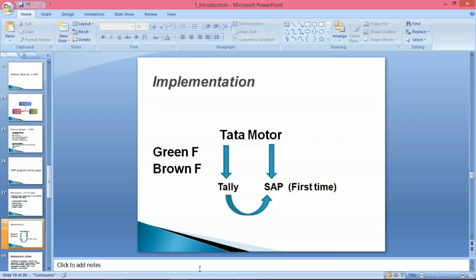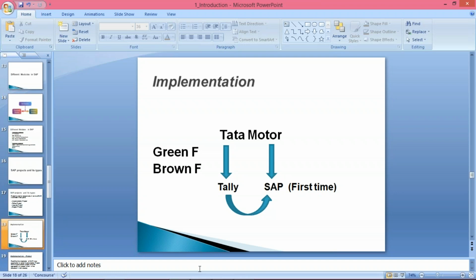So now guys, implementation project means first time installation of SAP in any organization is called an implementation project. If somebody says you are going to be part of an implementation project, you have to assume that in that organization certain different ERPs are there. Now you have to replace that ERP by SAP. It means we are going to install SAP over there. Installation will be done by the basis consultant. Generally you are going to do the configurations as per the client requirement.